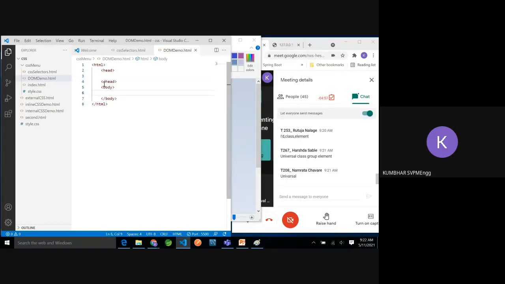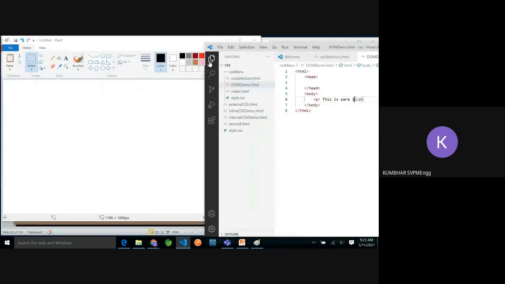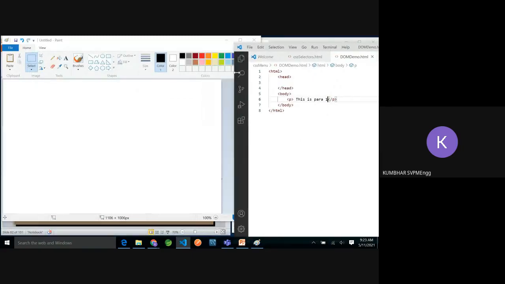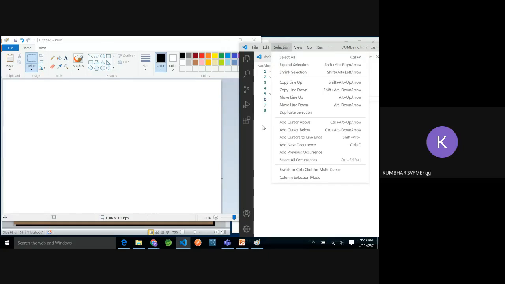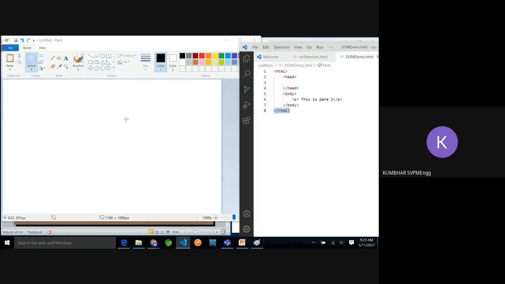Let's say in body I am taking one paragraph. Are you able to see this HTML code? Tell me how many elements I have used here. Can you name the different HTML tags, HTML elements in this page? One is HTML. Inside that, head and body, and then paragraph.